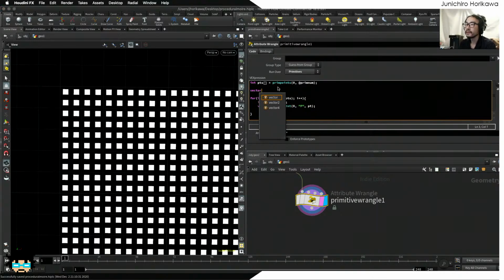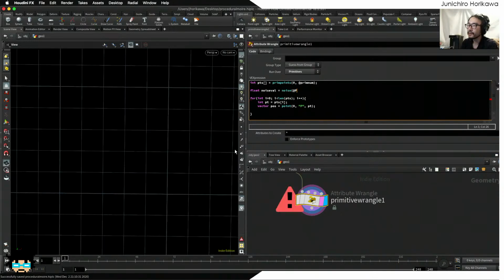So first of all, I'm going to create a noise value using @P, which is going to be the noise value here,